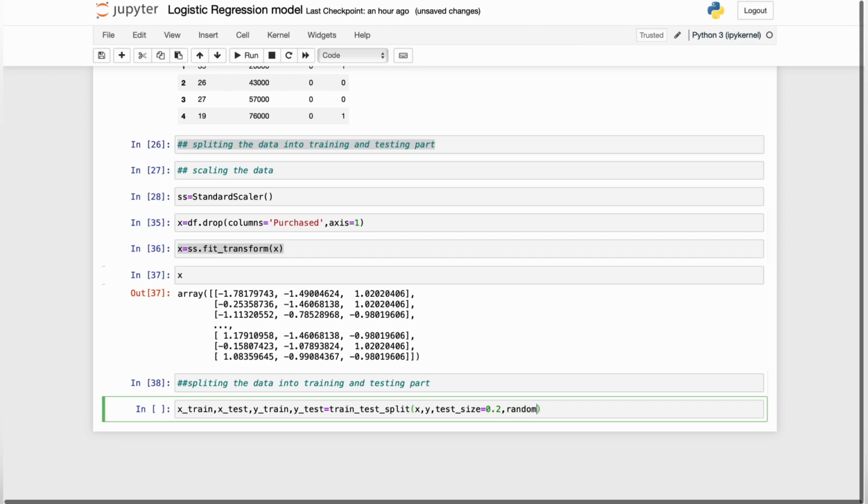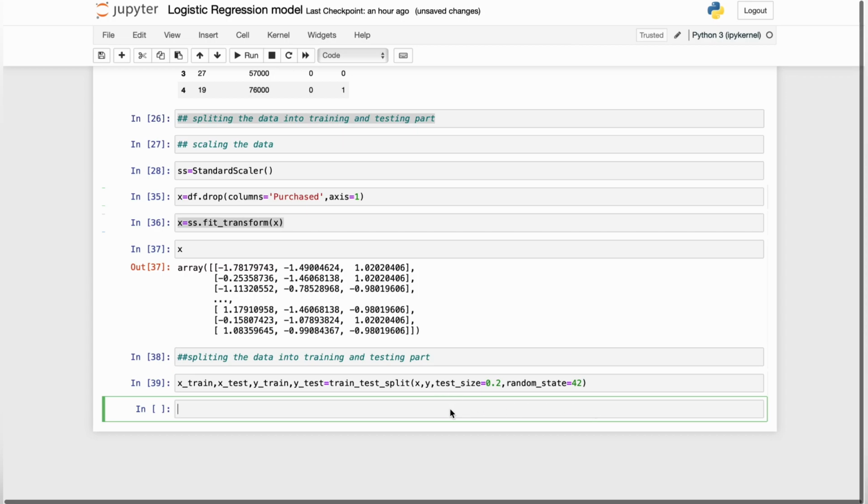And the important one, that is random_state, will be 42. So here the random state is basically a part of this train and test split. Whenever I split the data, it will be on the 42 part. So whenever I run this command, it will give the same random state, that is 42 here. So just pass this command in here and successfully execute it. So our next step will be